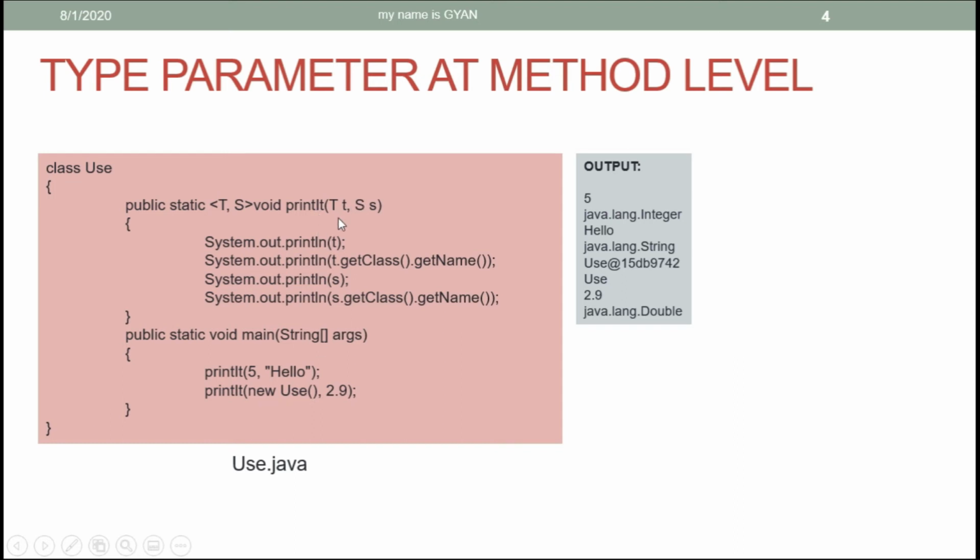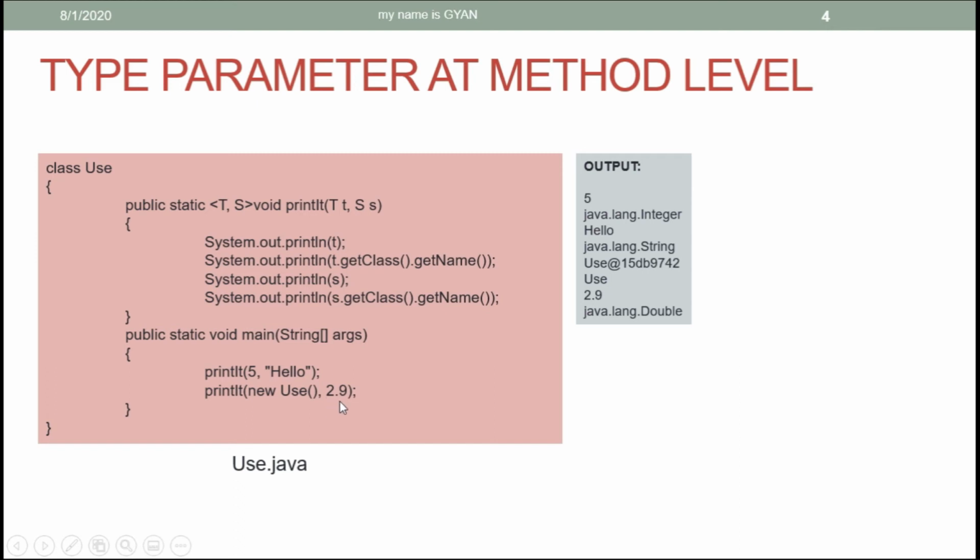When we call the printed method by using an object of type new, the reference to that object will be stored in the reference variable t. And when we print the reference variable t, it will call the toString method for the class use, and the corresponding output of the toString method will be printed. But when we call the t.getClass.getName method, it will print the type of that object whose reference is stored in the reference variable t. Therefore, it will print use.